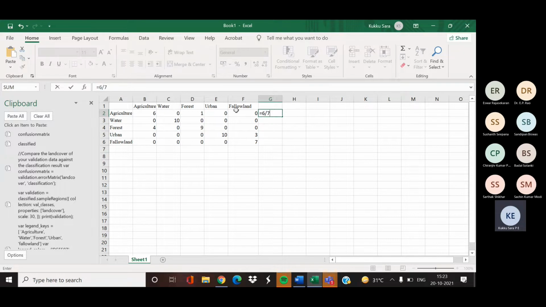Out of a total of 7 pixels, 6 are accurately classified as agriculture, but 1 pixel classified as agriculture is actually forest. So 1 forest pixel is included in this agriculture category. So its user accuracy is 0.857.